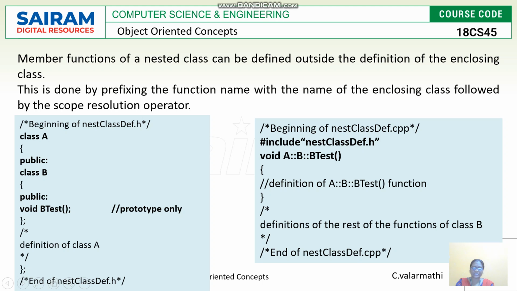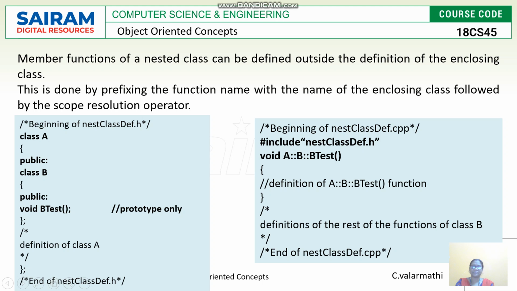After that, coming to its definition, the application file, that header file is included properly. Then coming to the definition of btest, it is referred to or identified with the help of the scope resolution operator. How the scope resolution operator is used is the matter here. First we have to traverse its path.